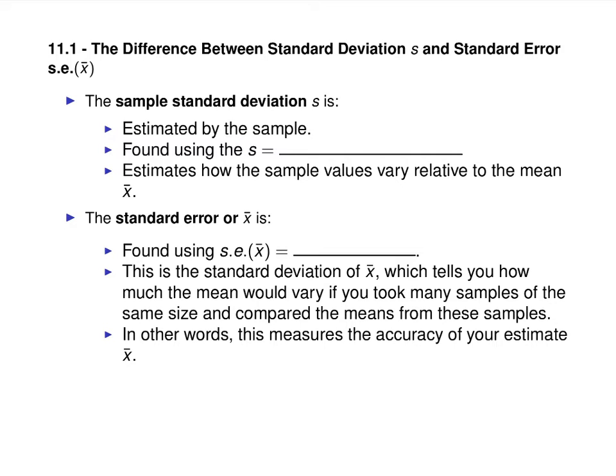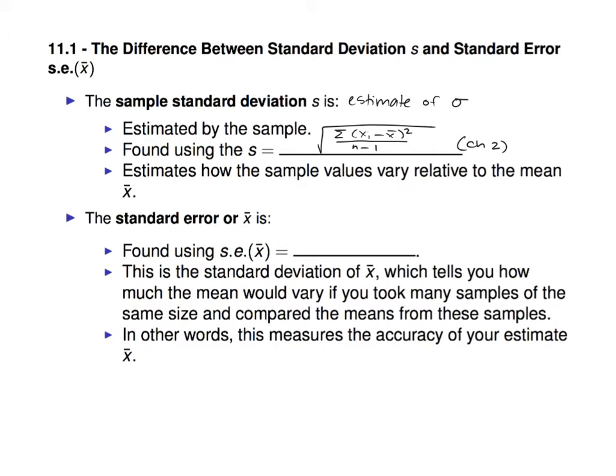So first of all, the sample standard deviation is estimated using your sample. This is an estimate of what we call sigma, which is the true standard deviation of the population. The formula used to find this is the square root of the sum of xi minus x bar squared over n minus 1. We did that back in chapter 2. And this estimates how much the sample values vary relative to the mean. So, we have the whole empirical rule for this, that most sample values fall within plus or minus 2 standard